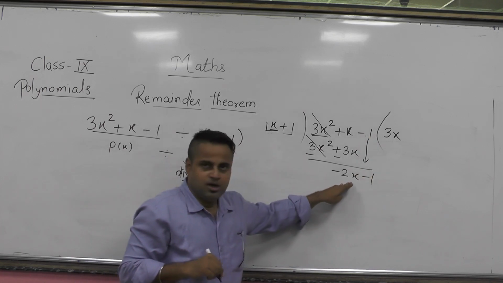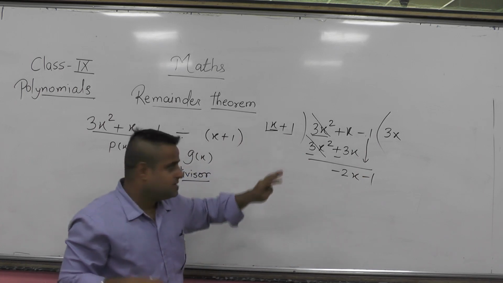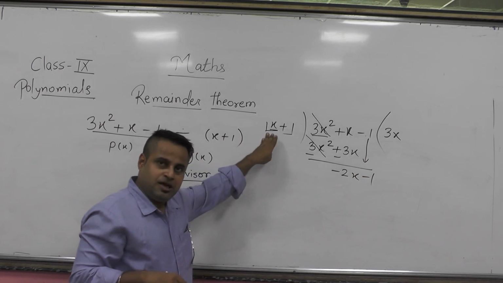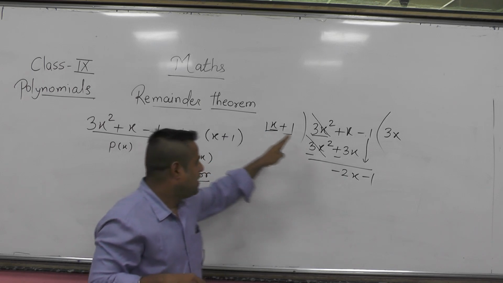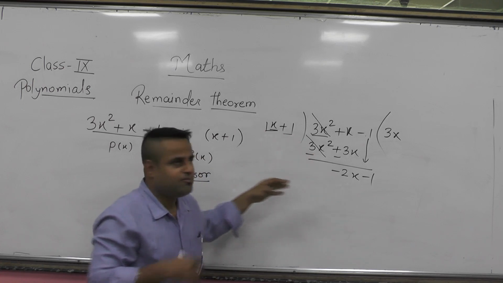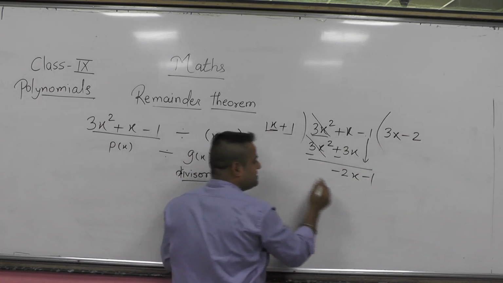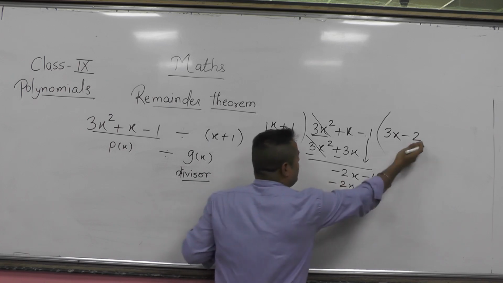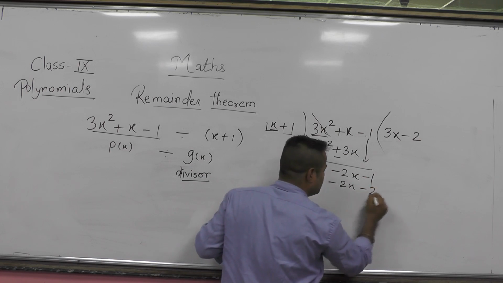Now we need to get this here. Now how to get this? Here 1x. Here what we are having in the first term is minus 2x. Now how to make 1x as minus 2x? By simply multiplying it by minus 2. Minus 2 ones are minus 2x and minus 2 times 1 is minus 2.